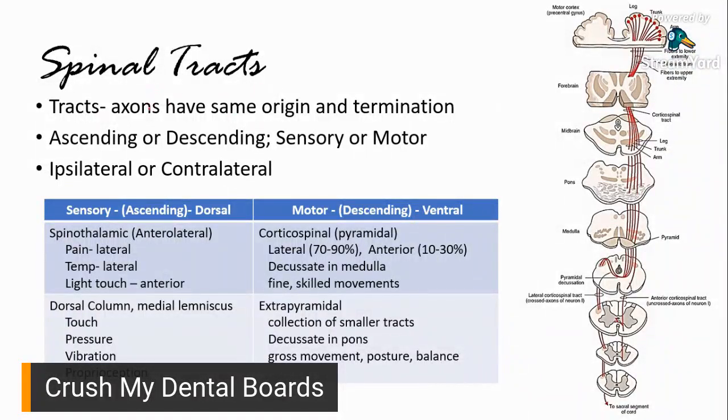So we're talking about the spinal tracts this time. Now, the spinal tracts, it can be ascending or descending, sensory or motor. So, what would be the ascending ones? The ascending ones would be the sensory. Bakit siya ascending? Kasi paakyat sa brain. Remember, sabi natin sa sensory, from the outside of the body, any stimulus, it would go up to the brain. So it ascends to the brain. Brain processes things, and then it would send the command down. That's why it's descending. It would send the command down to the muscles, to the glands, to whatever part of the body.